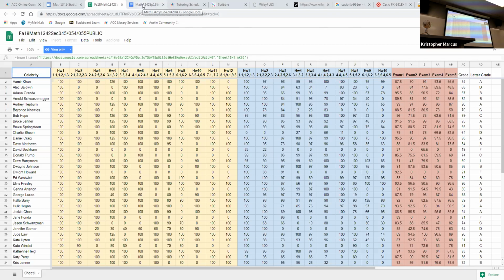I have a question about the screenshot printout. Are you able to save the screenshot and then go back and print it later? Yes. For the screenshots, when we get there with StatKey, I'll try to remind us how to do it, but there are two main ways of going about it. You can do individual screenshots that are printed, or you can take a screenshot and put it into a Google Doc or a Word document, put a bunch of them in there, and print out that one page.